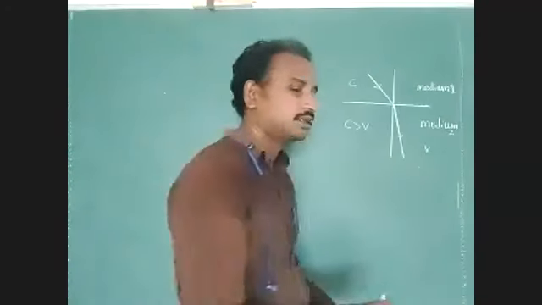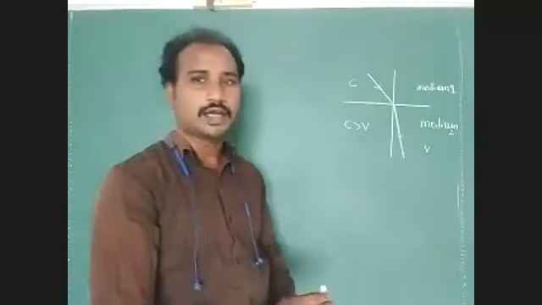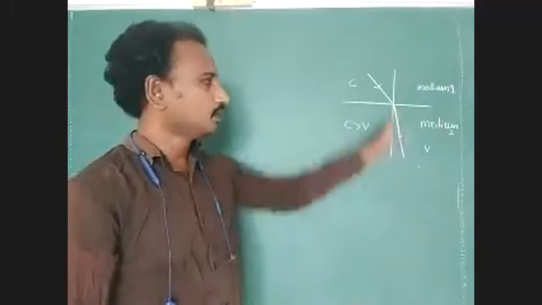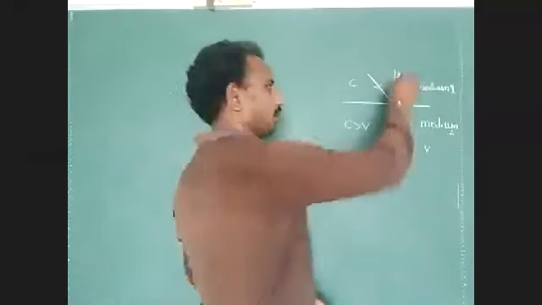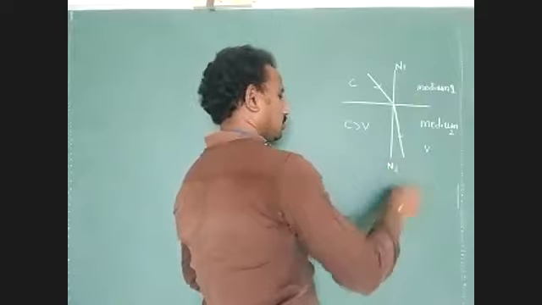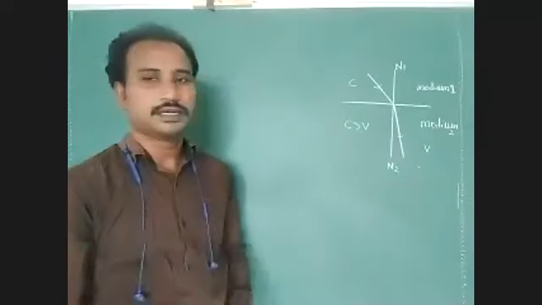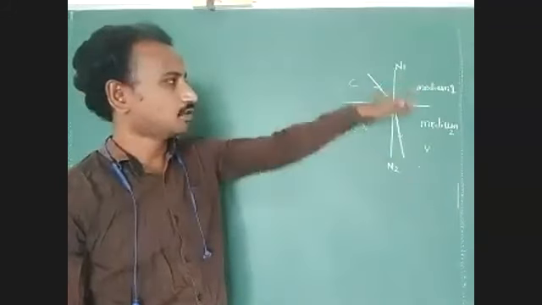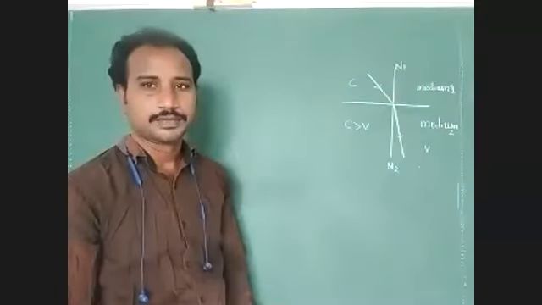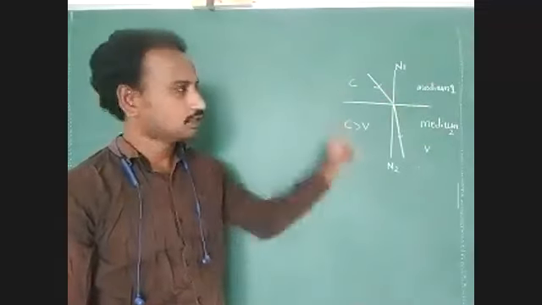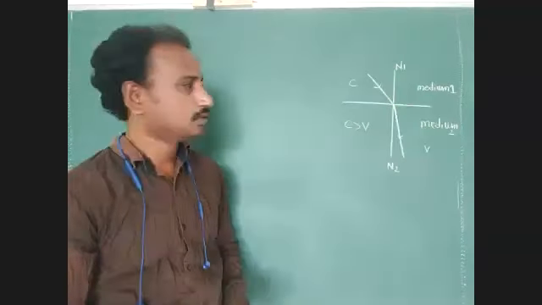Angle of incidence: we have to calculate the angle of incidence with respect to a reference. In this condition, the reference is the normal. Normal N1, N2: both the normals we have to represent in the two mediums. These two normals we have to draw from the point of incidence in the rarer optical medium and the denser optical medium. Just identify this simple point.